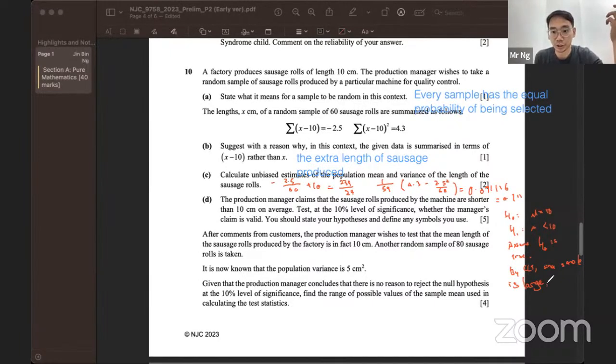Since sample is large, then by CLT, X bar follows normal, bracket 10, comma 0.71116 over 6. Then what else do we do? P-value. Okay, p-value equals to